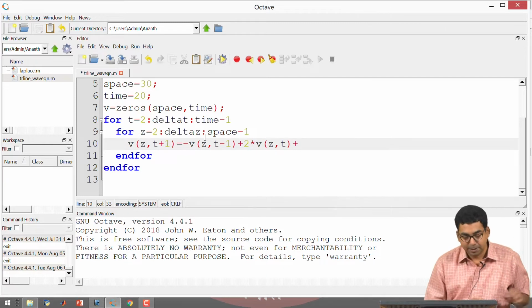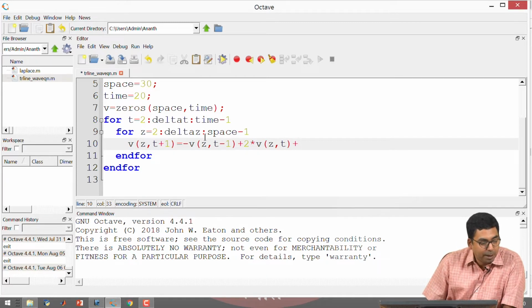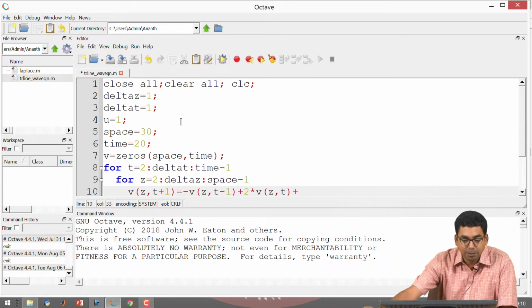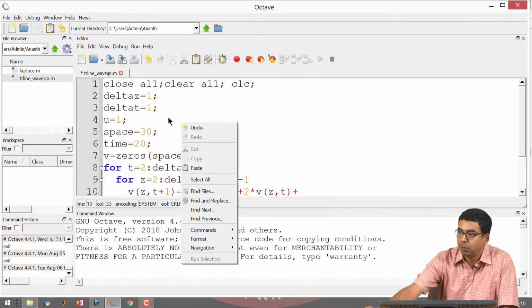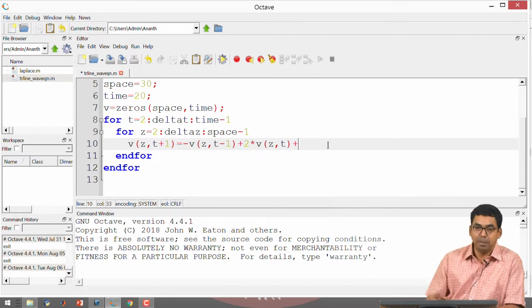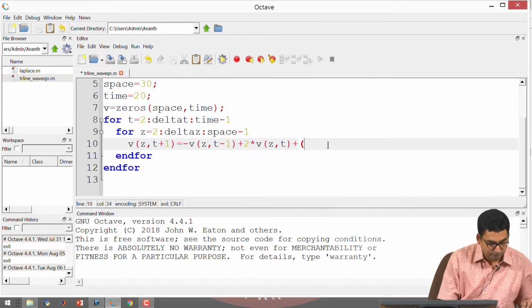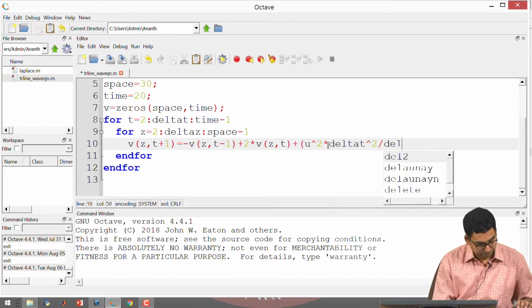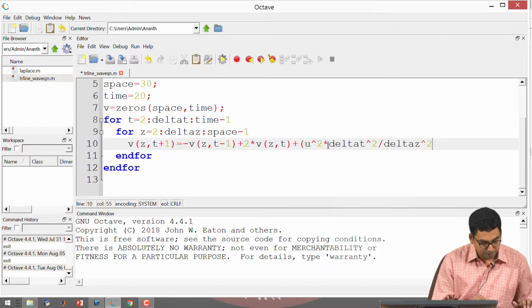plus I had some term u square delta t square by delta z square, all right. In this case u square is 1, delta t square is 1, delta z square is also 1, but for the sake of completeness I will go ahead and put that also in the formula. Anyway the coefficient is 1, one may choose to ignore it, but in future I may make use of it for some other purpose. So, I will just go ahead and plug in those values, right, u square delta t square divided by delta z square,